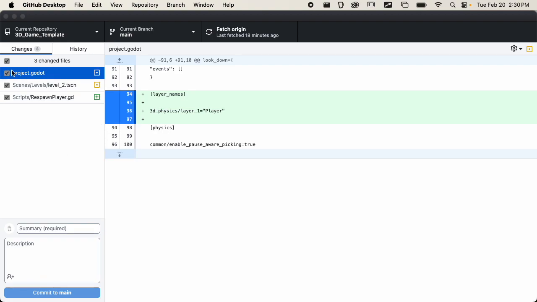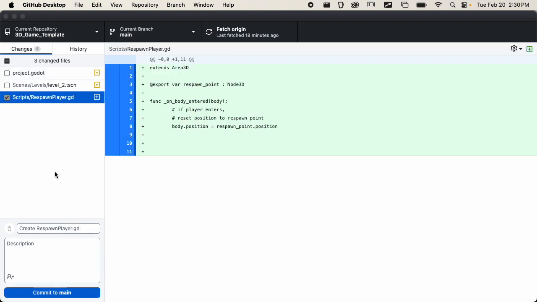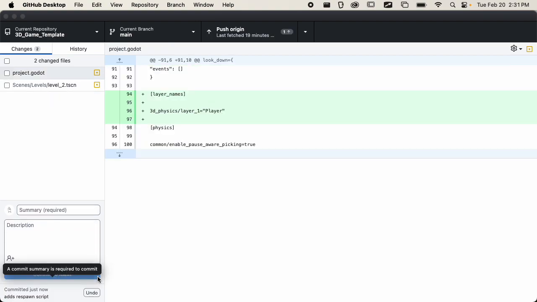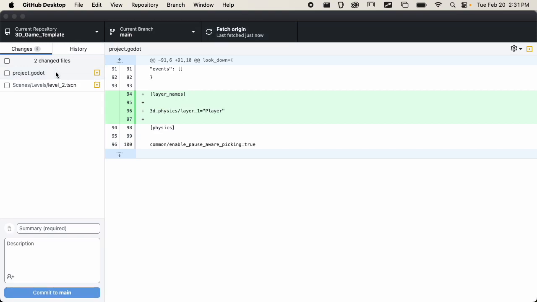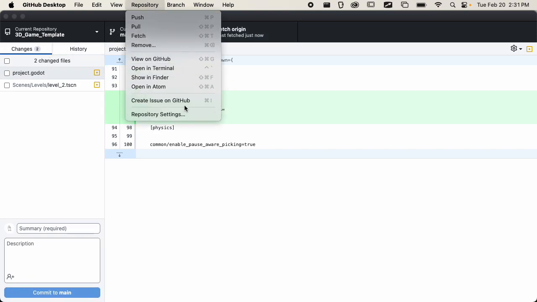So I'm just going to commit this script. So I'm going to uncheck these. I just want to commit this script. That way you guys can download it and add it to an area if you want to use it. So I'm going to say "adds respawn script." And I'm going to commit that to the main project. And then I'm going to push to the origin. And so now, if I go to my repository on GitHub,